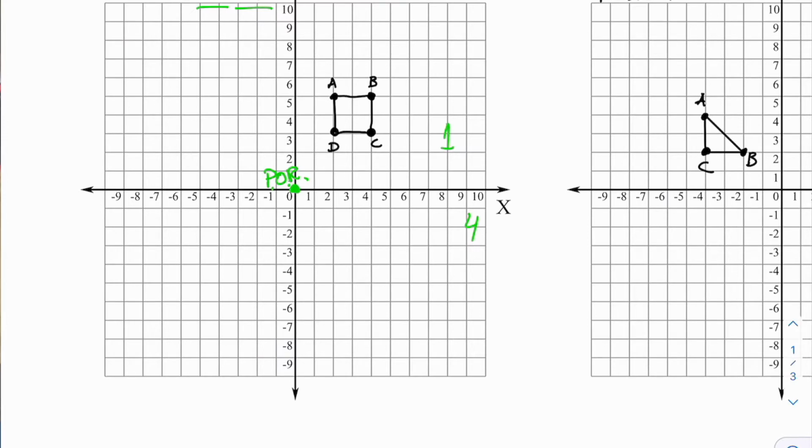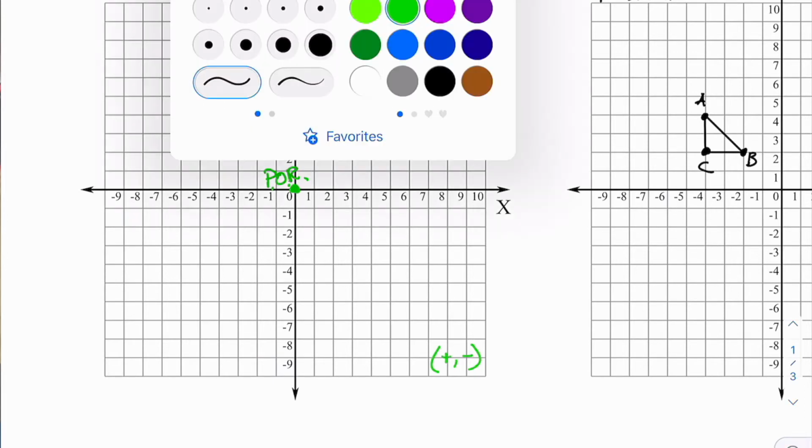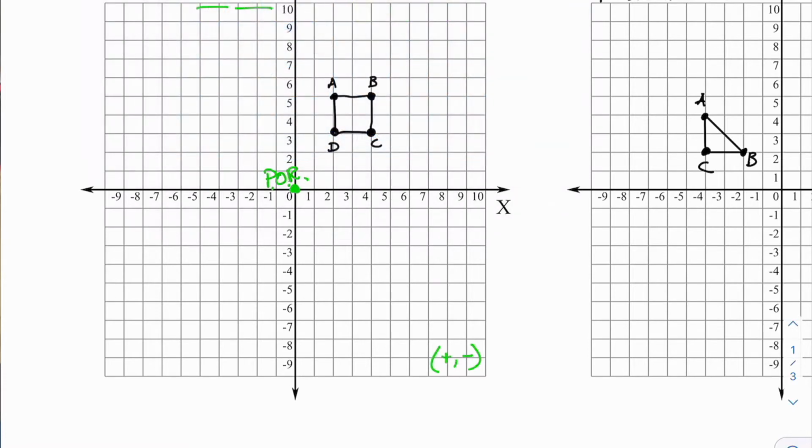So what we need to remember again is the signs for this new quadrant, which for quadrant 4, we have a positive and a negative. So our x is going to be positive, our y is going to be negative. Okay, so the first step, once we know all those things, is we need to find the coordinates for each of these spots. So I'm going to change my color here to something a little darker. And so it's always smart to write those down. So my coordinates for A,